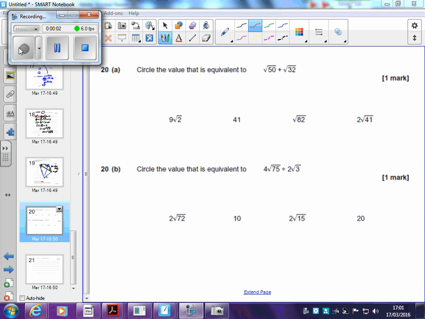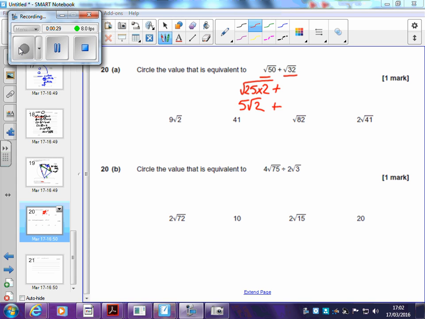Question 20 is a nice question about surds. We want to basically tidy these two surds up by simplifying them and seeing what they're equivalent to. So root 50, remember I can simplify that if I can find two numbers that will multiply together to give 50 and one of them is a square number. So 50 is 25 times 2. 25 is a square number, so when I take that outside the square root sign, I get 5 root 2